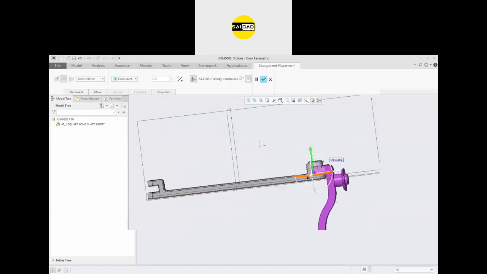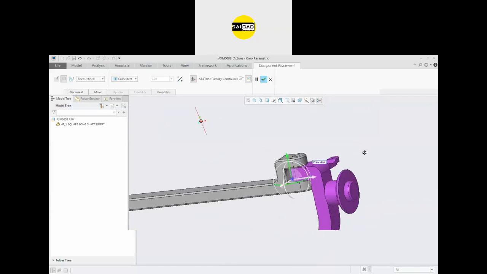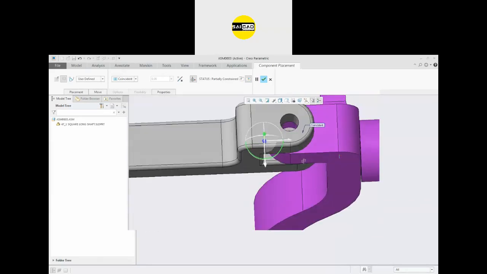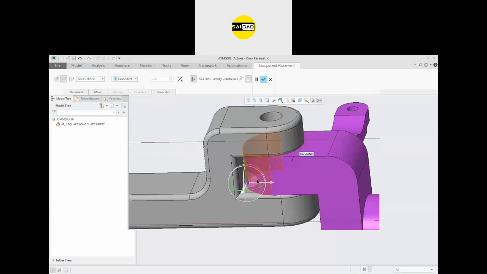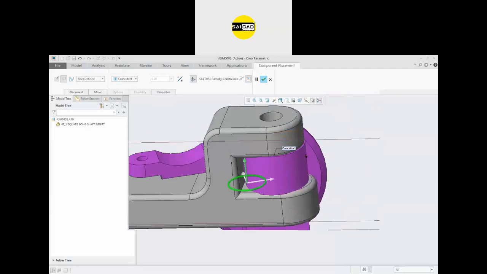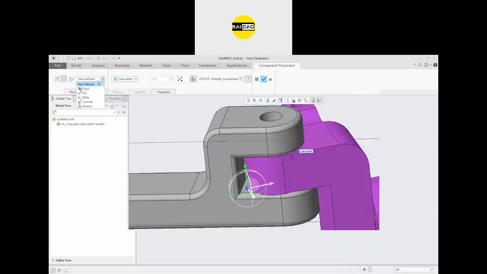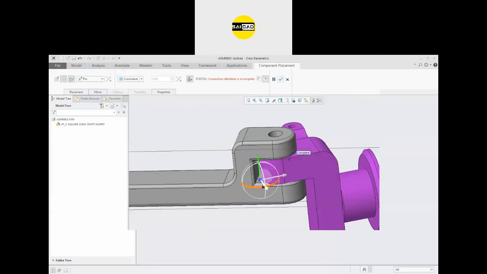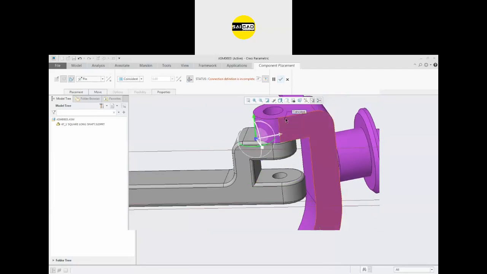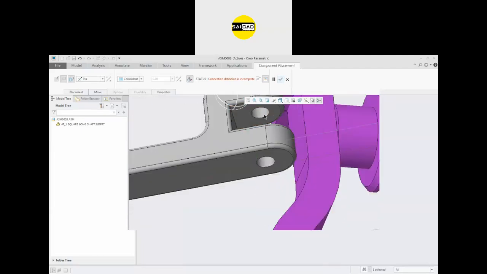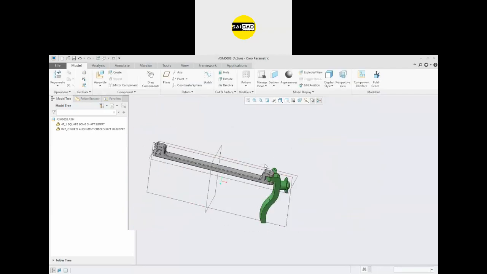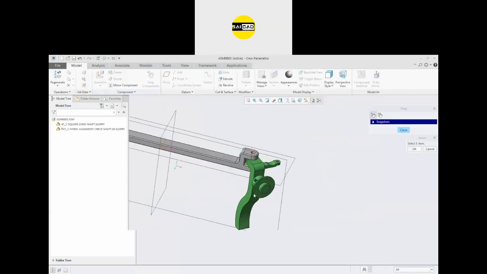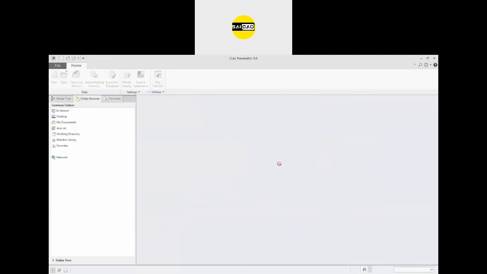Okay, and then this object is in the relation, and now you have to apply some relation here. So I'm going to use the pin, and for its motion, I'm going to select this to take it like that. You click OK. Now you will see that the object is in motion like that. Click OK.